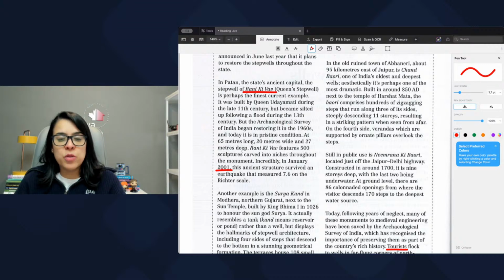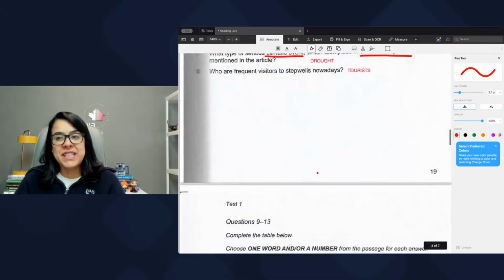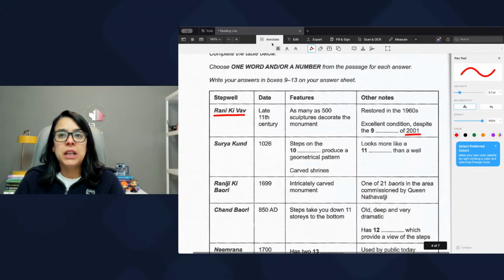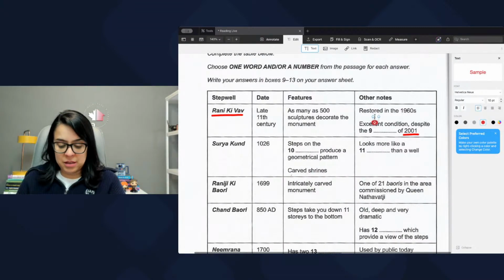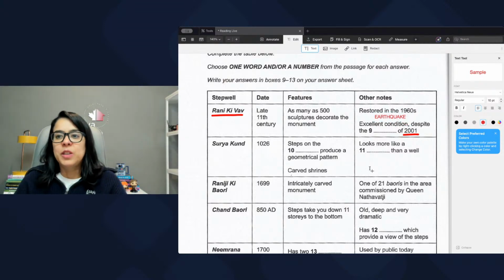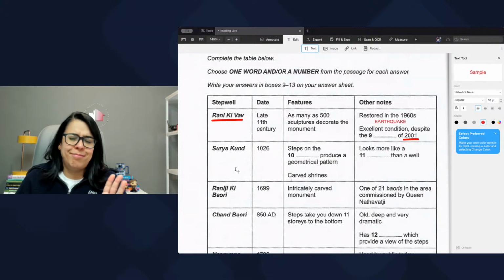Incredibly, in January 2001, this ancient structure survived an earthquake. So despite the earthquake, it is in excellent condition. So the answer here is earthquake. You see? Easy peasy. Now, Soraya Quirino